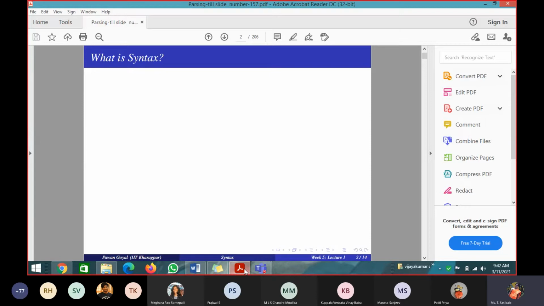Okay, so this is what we will be learning in syntax, in the topic called parsing. The way words are arranged when we speak and the way they are arranged in the sentences we write are entirely different. Before that, we'll see what syntax is. Syntax refers to the way words are arranged together, and the relationship between the words, to make a proper sentence.